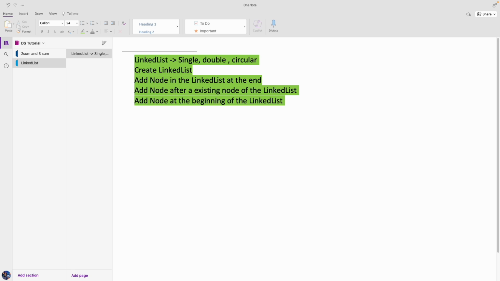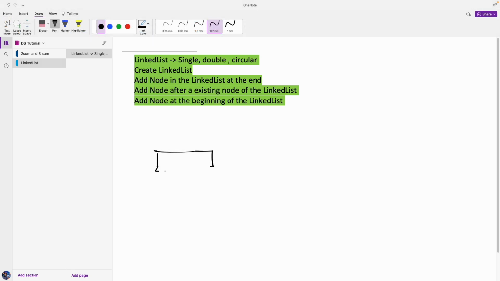So, what is a linked list? A linked list is a linear data structure which contains a sequence of nodes. What is a node? A node basically stores the data and the address of the next node. This is a node. Here I'm giving the data, and this is the address. This address is pointing to the next node,